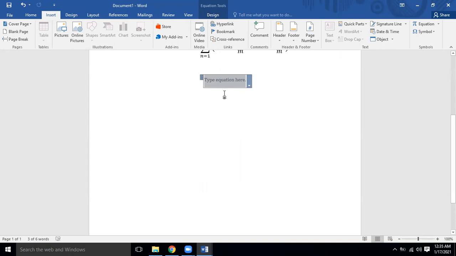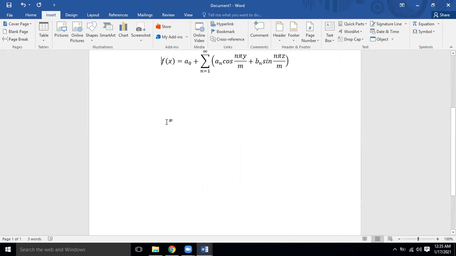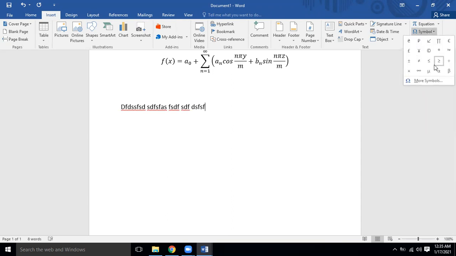So in normal discussion, if we have some symbol, we will go to insert symbol. In a normal paragraph I am typing, and there I have to type infinity, or not equal to, or epsilon, or alpha, beta. So I take it from here in normal typing. Just like I'm typing over here, and I need to insert some symbol like micro. So I can insert from here.